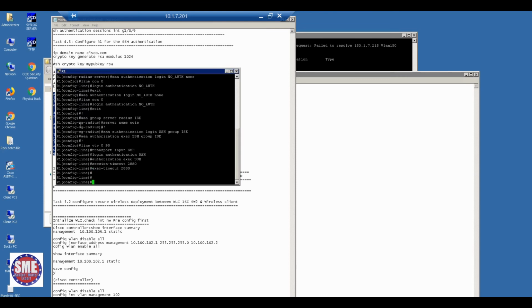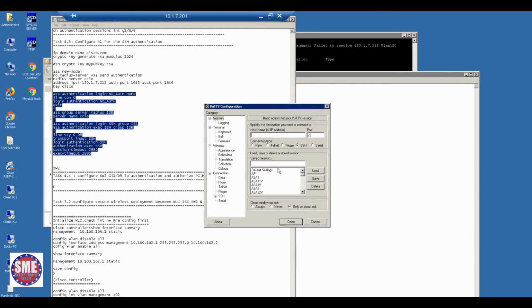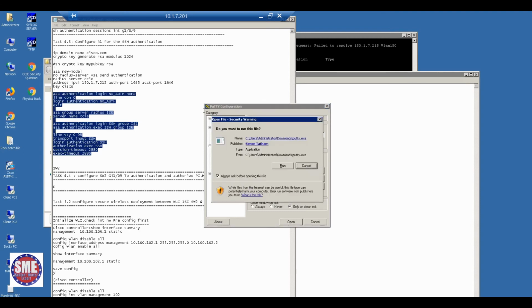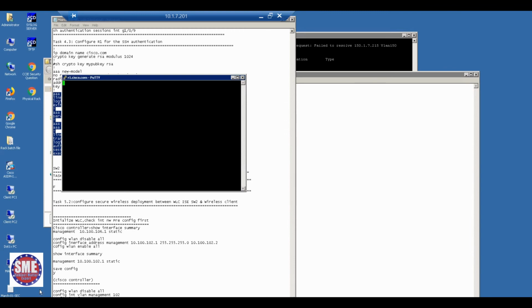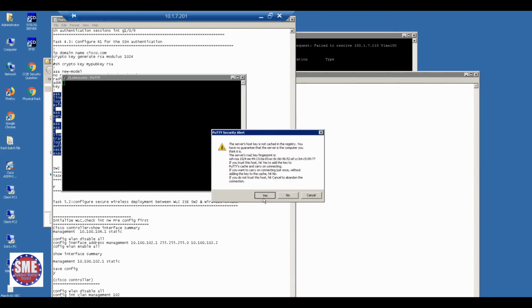Right click, new sessions. r1.cisco.com, SSH. Remember SSH, open, the certificate will be installed right now, yes.